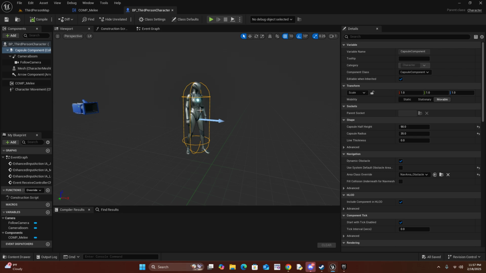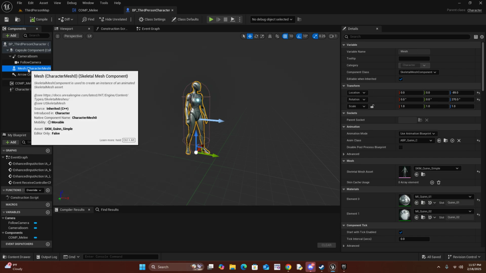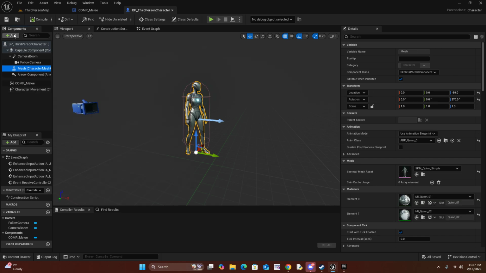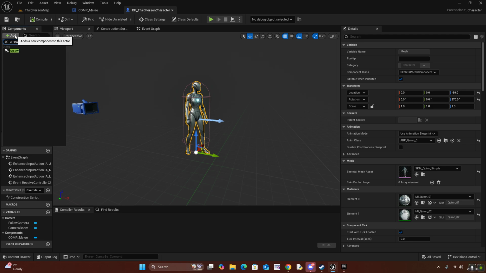And these arrows are essentially going to allow us to play a sphere trace off of their location. We want those to be attached to a socket so that as the character moves in an animation, those arrows move as well. So as each punch comes forward, it will release a sphere trace right at the front of the punch. To do this, you're going to click on the mesh for your character, click add, and